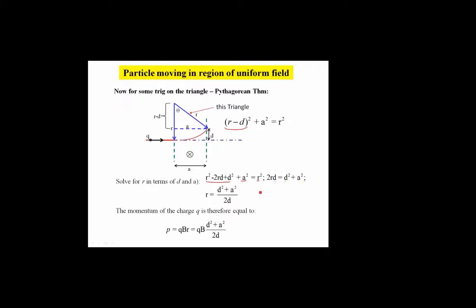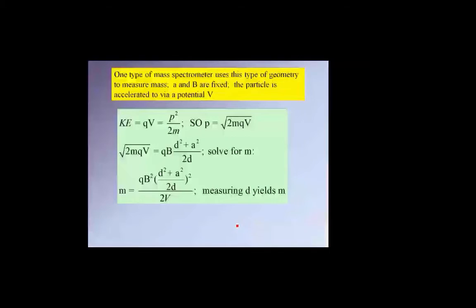Solve for r, and you have this equation right here. Now the momentum of the charge can then be obtained by just writing qBr. What we're really doing is eliminating r from this equation. So if we write the momentum in terms of this r, we get this equation out here. So we have now the momentum as a function of this displacement d, and the rest of these things are constants. This is actually a useful equation because there's one type of mass spectrometer which actually uses this geometry to